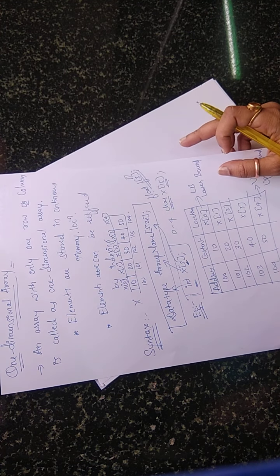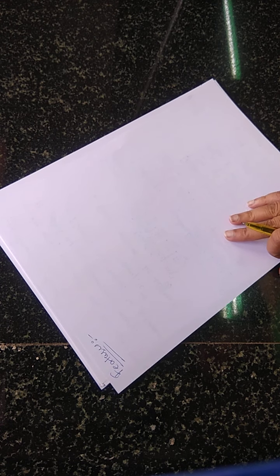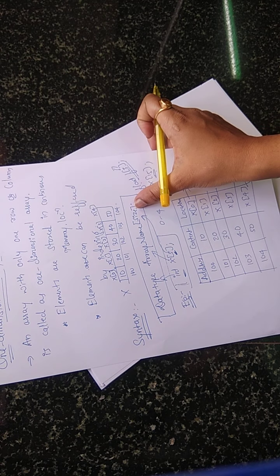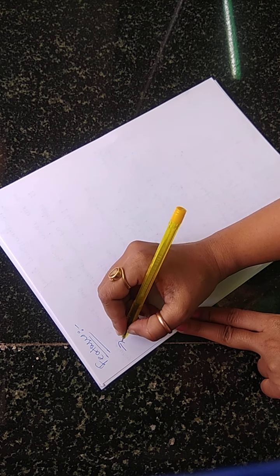So what all the features do we have for a one-dimensional array? The first one is that your array size should be a positive number. As I told you when I was explaining the syntax of your array, the size of the array that we write is always an integer number. The array size that you enter as a subscript in the square brackets should compulsorily be an integer number. So that is the first feature.